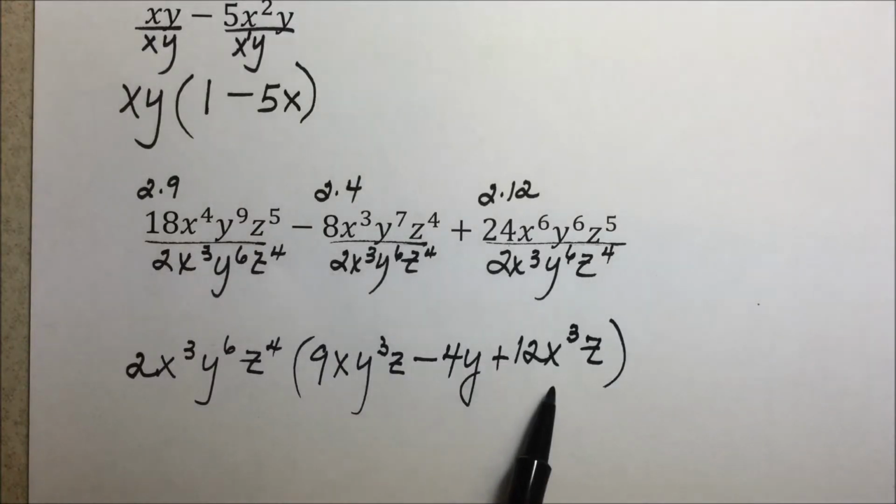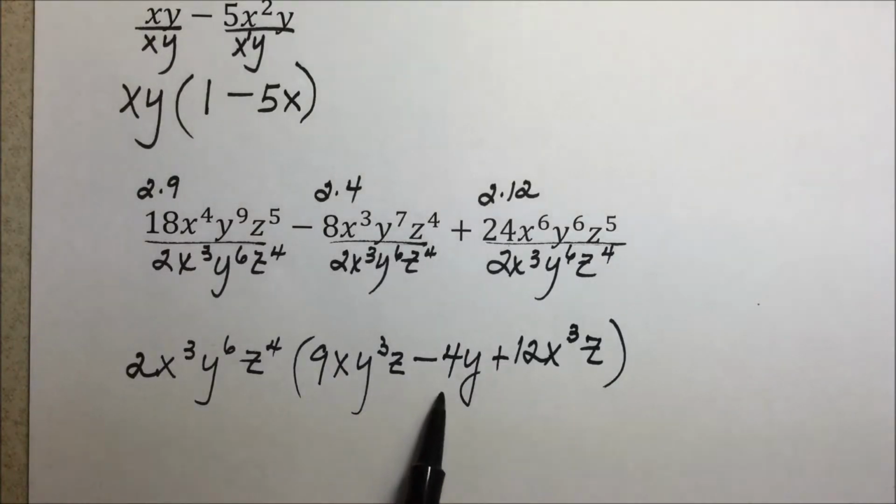Looking here for anything common, numerically there isn't, variable-wise there isn't either, and then again a quick check with your distributive to see that that does in fact multiply to give us an equivalence to the original trinomial that we